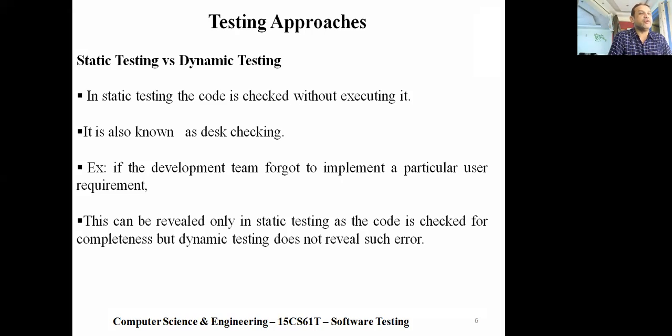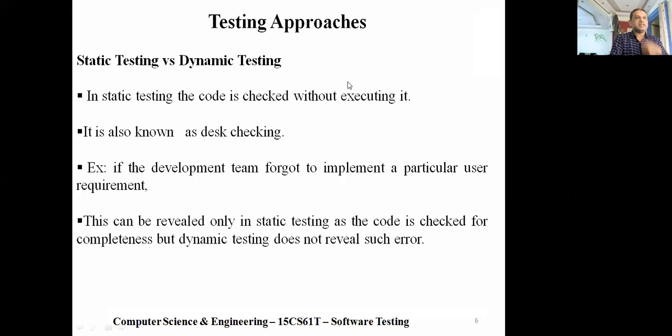See what happened. So when can we find that some implementation or requirements are not met? We can identify it only through static testing. In the case of dynamic testing, you write the code, the code will execute and may show you the errors in whatever code you have written. Suppose you had forgotten to write a particular case or situation. That cannot be found with the help of dynamic testing, because the code is there. Whatever code is there, you test it and find the bugs. But in static testing, if you had forgotten to write some requirements or a particular module or operation, that can be revealed, because you're checking manually whether the requirements are being met or not.